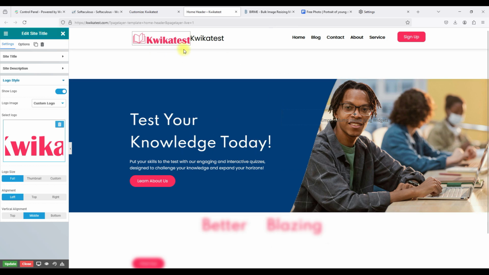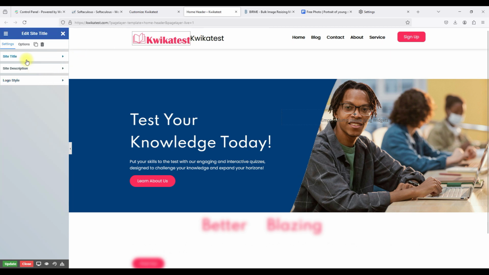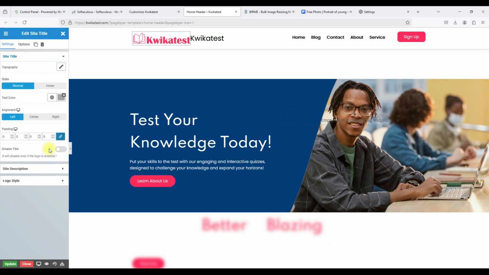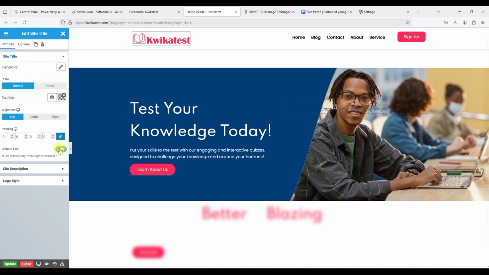So make sure that your logo also relates to your website. I mean, you don't want to have a different coloring style from what your logo is. So you can see that my coloring style of my logo relates to my website. And then the next thing we have to do is, now you see there's still this text, so I'll close this. I'll click on the site title, and then I'll click on disable title. So now you see now our logo, right? And then we must click on update, let it save,